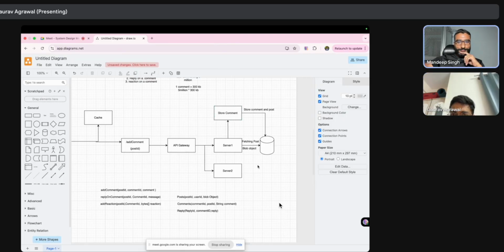Yeah, you can have simple retries. We definitely don't want to introduce a new component if it's not needed. Okay, we can have simple retries per se.